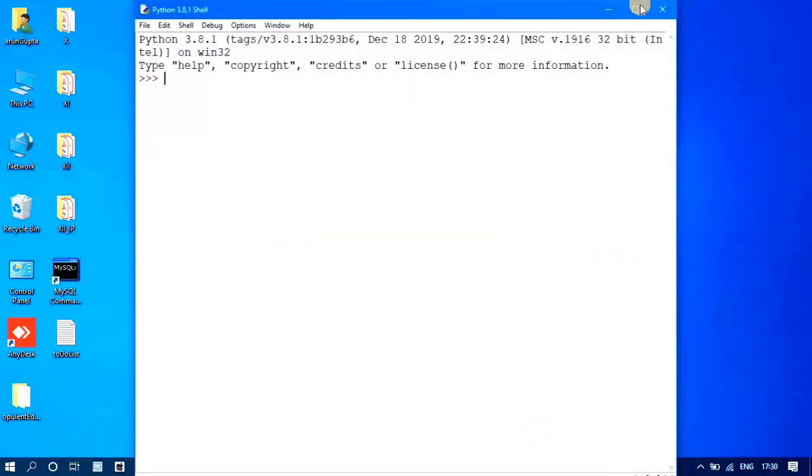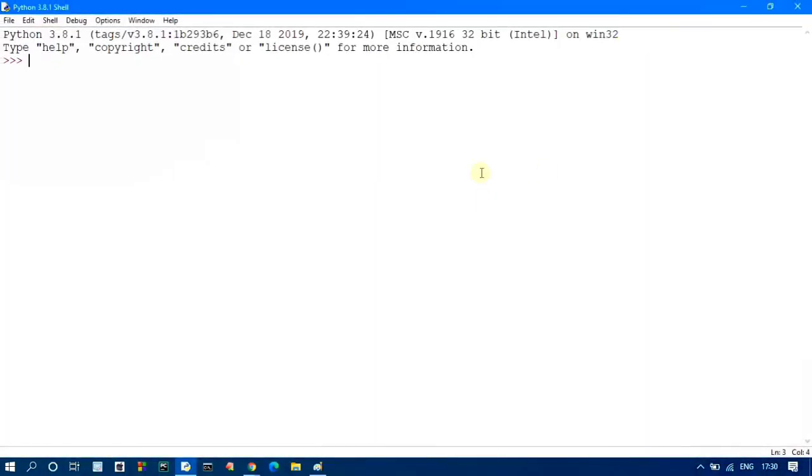And my Python IDE has been opened, right? And this IDE is also called a Python shell or Python interactive mode, right? Two things are there, Python shell or Python interactive mode. Why is it called an interactive mode?